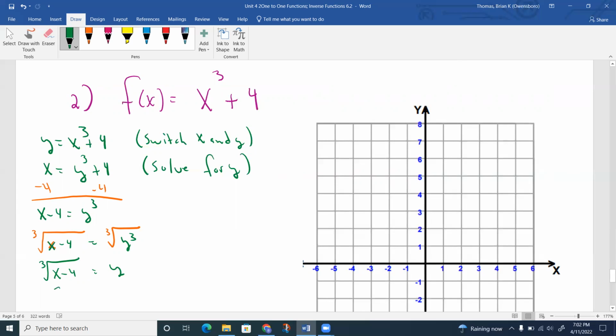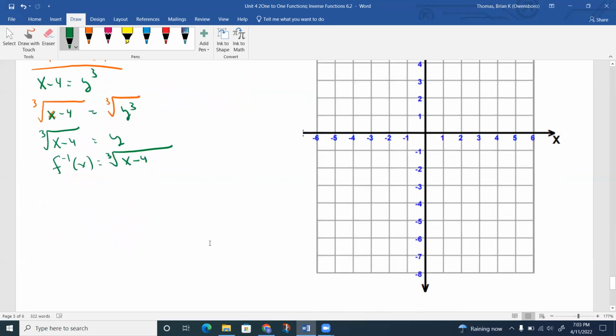So therefore, my inverse function is going to be the cube root of x minus 4. And that makes sense because our original function is x cubed plus 4, so the inverse function should subtract 4 to start with, and then to undo cubing, we'd have to take the cube root. So that does make sense. That is our inverse. Now, to verify it,